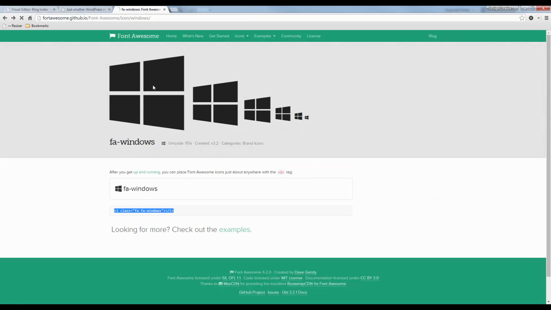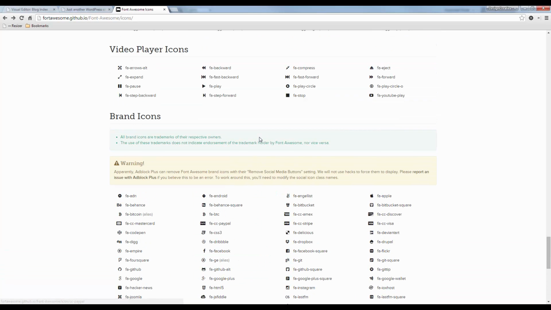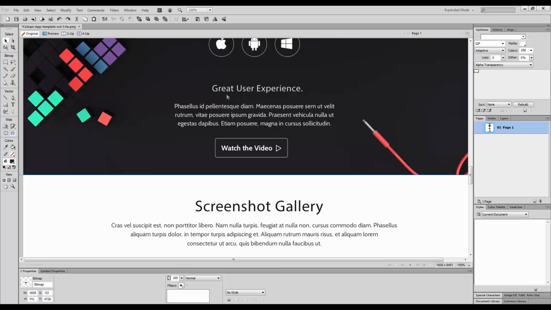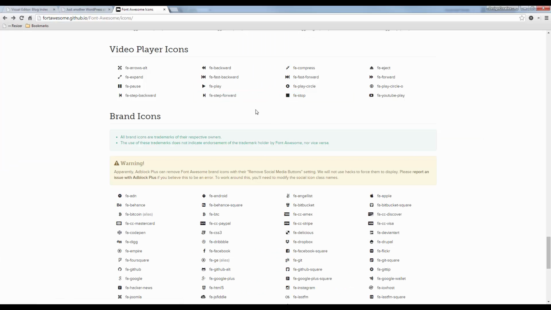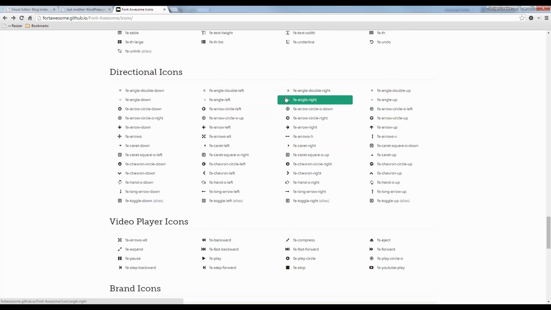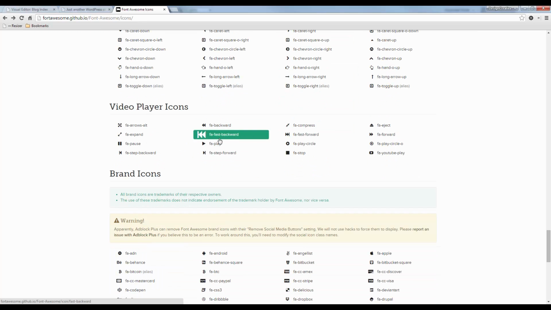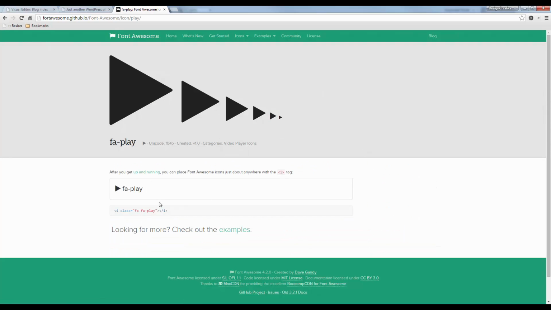So let's see if we can find an arrow. This one looks fine, I guess, but we need a hollow arrow. Okay, let me just go for this one for now. Doesn't matter. So we can copy that,